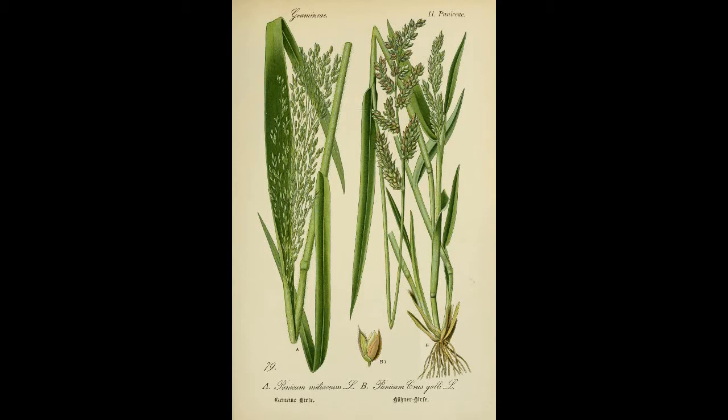Based on the current model, the wild ancestor of broom corn millet expanded its range at some point in the last 10,000 to 20,000 years. This was followed by an increase in use of the species by primordial people. Now, as for the actual species it was derived from, the genetic evidence seems to suggest that Panicum capillare, or a closely related species, is a wild ancestor to our broom corn millet.